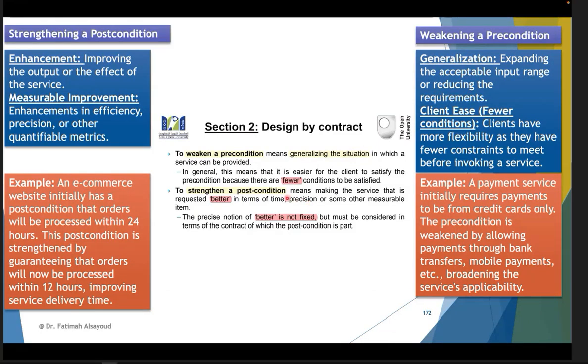Now, when we're talking about the postcondition, on the other hand, we can strengthen the postcondition. We can make it better, improve it. That is okay, but we can't weaken it. So let's take a look at the example. Let's assume an e-commerce website, a delivery company. They tell you we're going to start processing your order within 24 hours. If they tell you later, I'm going to process this in 48 hours,